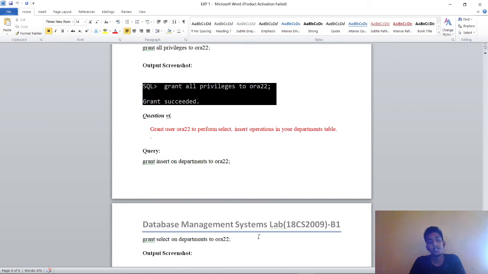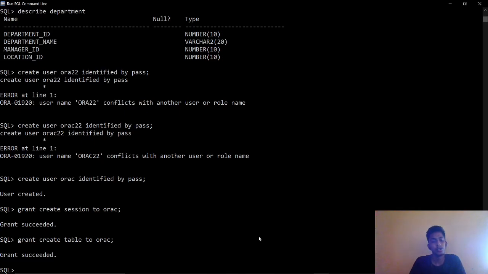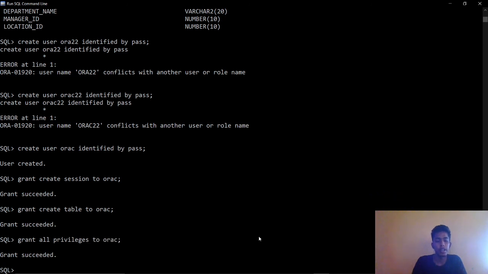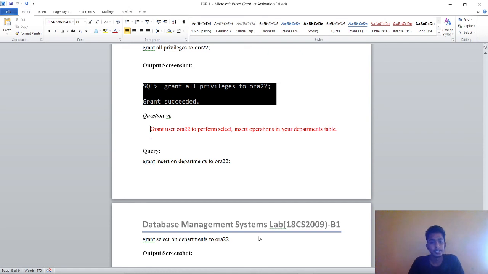We can also grant all privileges to the user, so the user can perform everything. Grant all privileges to org. Grant successful.